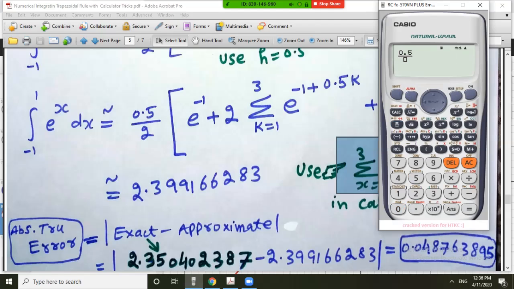0.5 divided by 2, parenthesis, we have e to the power minus 1 plus e to the power plus 1, or simple e, but in between e minus 1 and e we have 2 times summation of